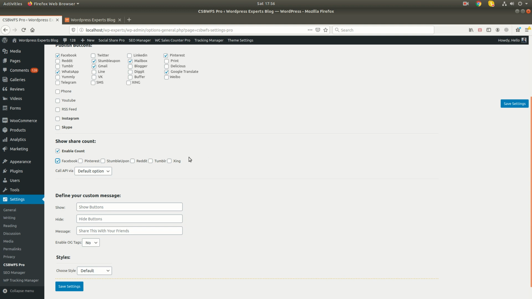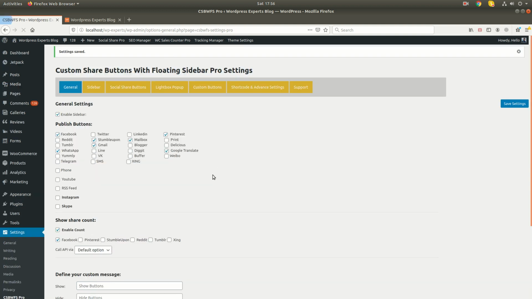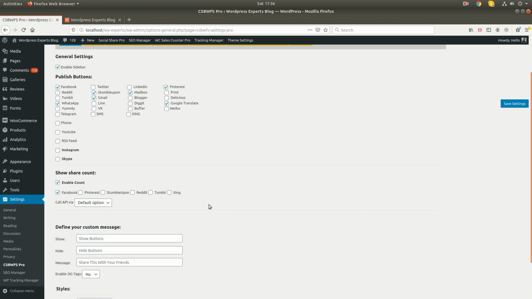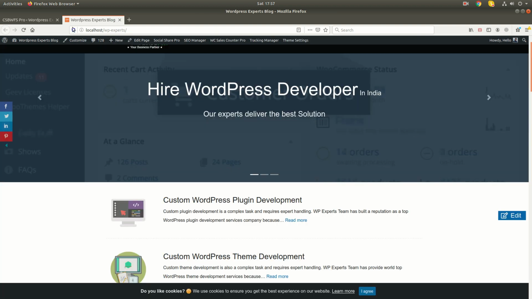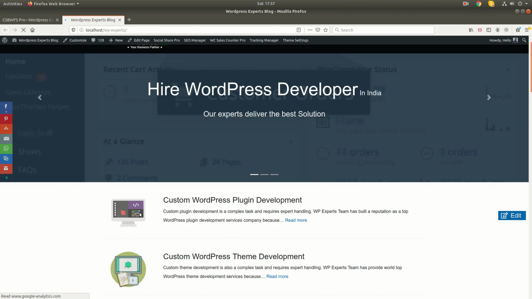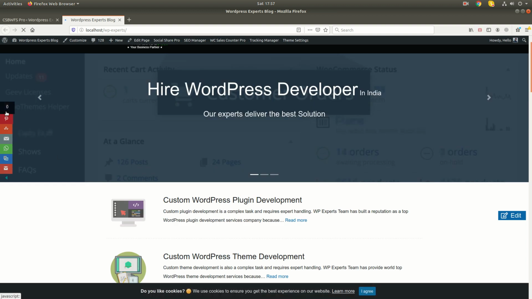Okay, as we have set up the website on a local server, it might show only 0 count, but when you move it to your live website, it will show the actual number of share counts. Okay, yeah, you can see 0 here. Okay, so once you hover over the Facebook button, you can see 0 here.